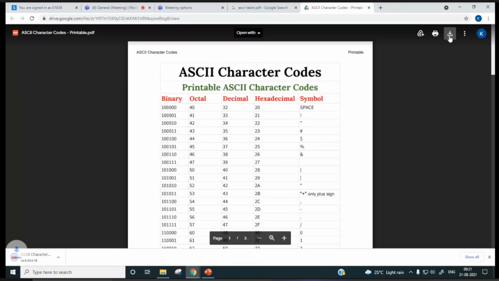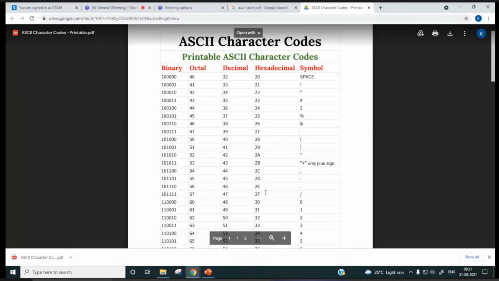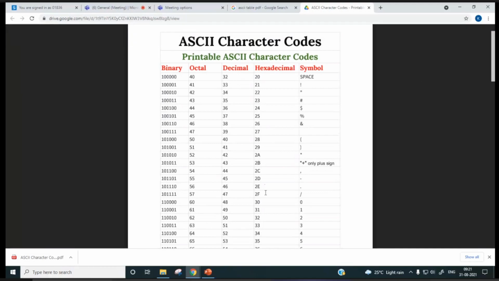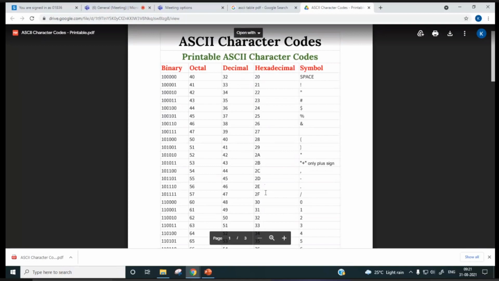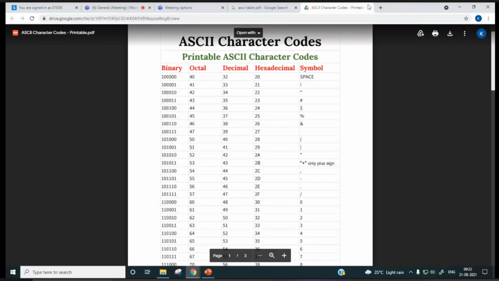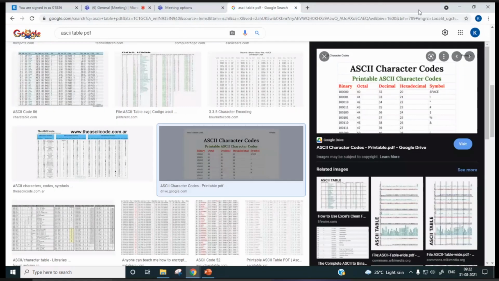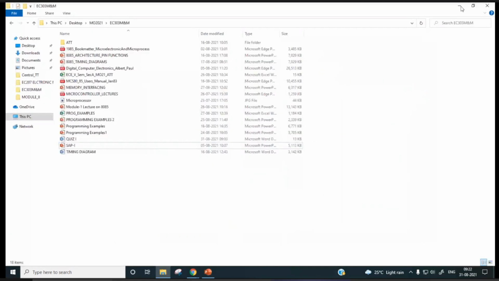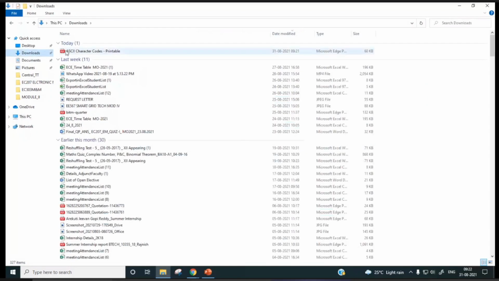If I download this, you can see here for the blank character. Can I write on the PDF? No, I have to open this one, open with another application. Downloads. Here I can write.